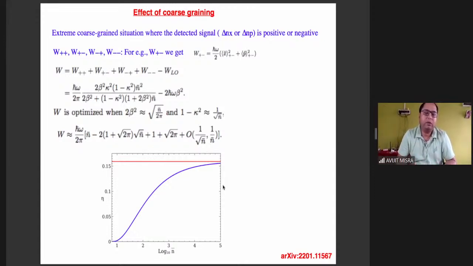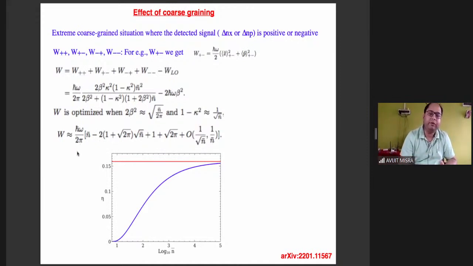But for analytic calculation, we consider an extreme coarse-grained situation where we only know whether delta NX or delta NP is either positive or negative. So we have 4 possibilities, and we represent these possibilities as plus-plus when delta NX and delta NP are both positive, and so on. And we again optimize over the local oscillator energy and transmittivity. In the high temperature limit, we get that in the leading order, the work is reduced by 1/2